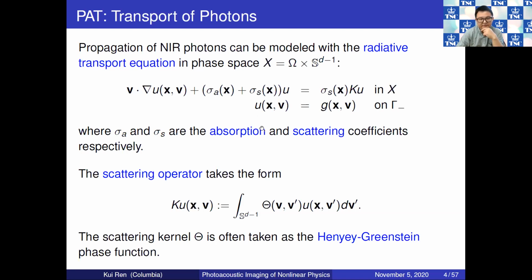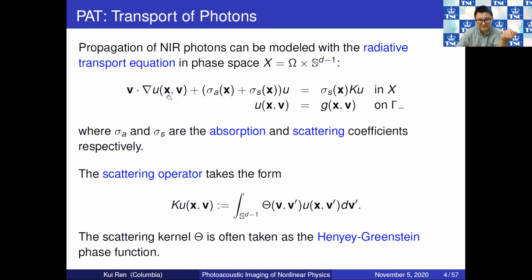Sigma S is a scattering coefficient. And then you have this scattering mechanism. It doesn't matter for the moment or for the rest of the talk, but there's this scattering operator here. Okay. So this solution, this is a phase space equation in the sense, again, that your solution U is a